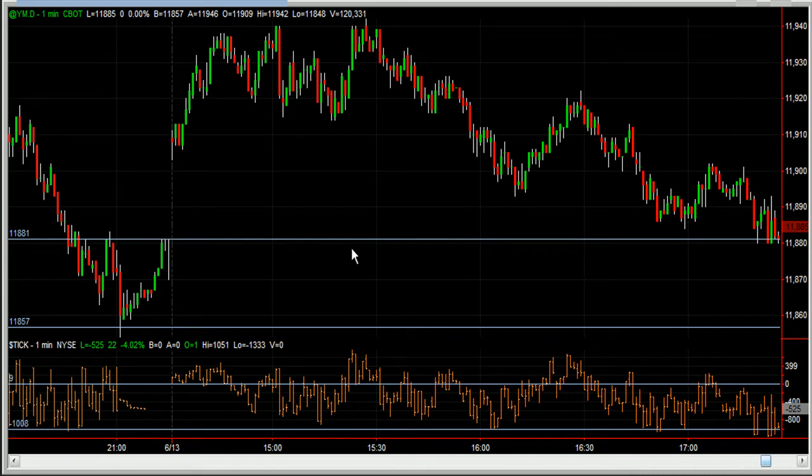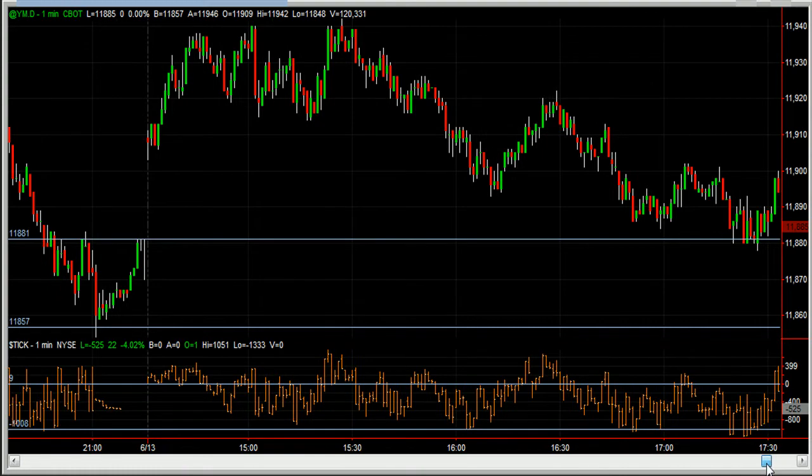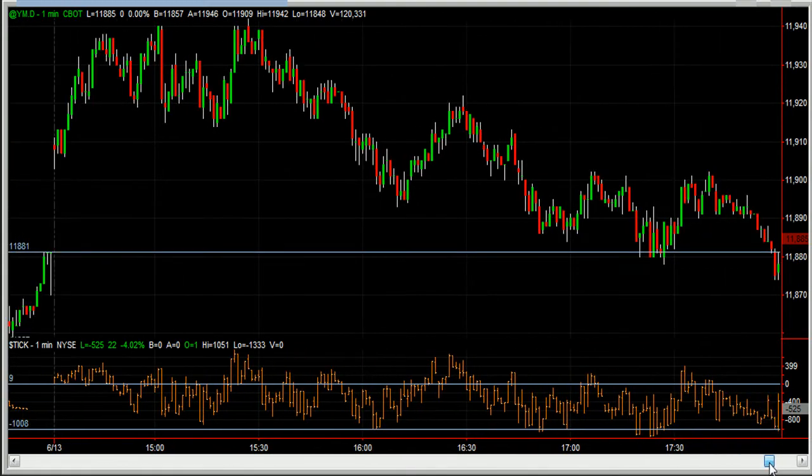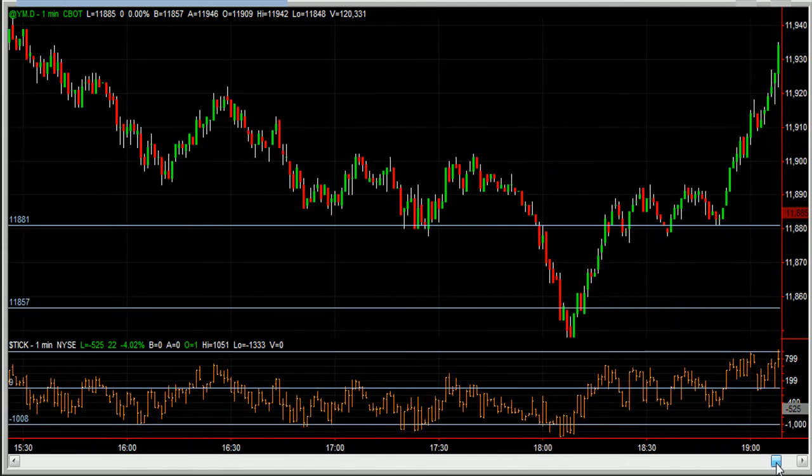Okay, so we gapped up, we just drifted around, and we started to drift lower. It's just basically shaking out a lot of the bulls, and this was really this move here. Once we filled that gap, the gap couldn't hold. We start to move lower, we start to approach the lows of Friday,